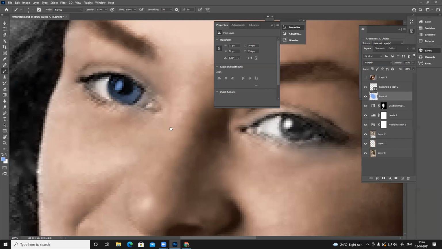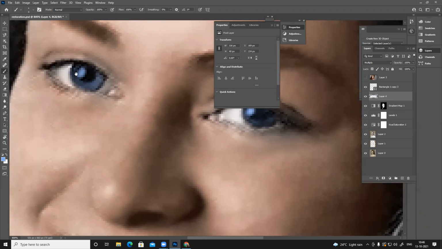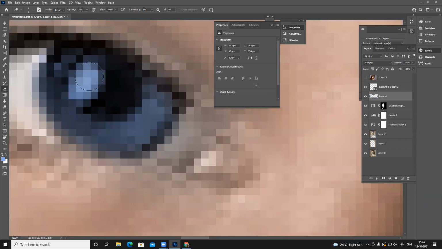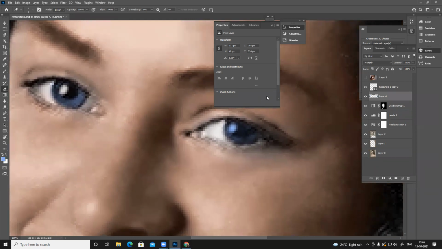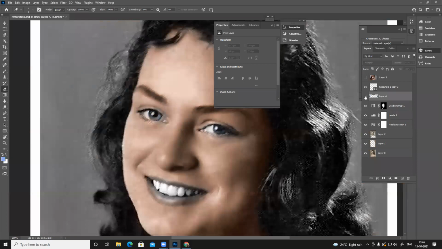Okay. So I have this color. Let's change this. And this highlight is supposed to be white only, so I'll just erase it. Then go to E, the shortcut for the eraser. Reduce the brush size, 100%. So in this layer, we have only a blue tint.